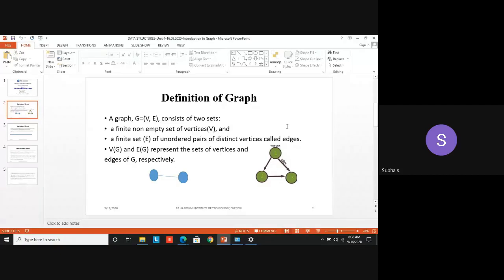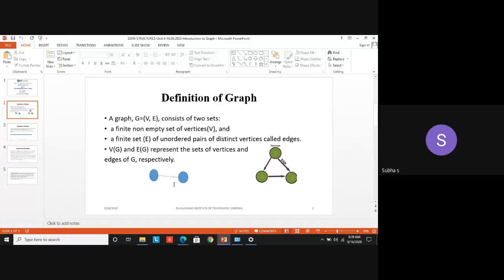I want the answer. Just we are having graph means what? We are having some nodes. And all those nodes are connected by edges. Yes, you are right. Graphical means using nodes and edges. Got it? So, this is the definition for graph. Simply a graph is nothing but it contains vertices and edges. Capital V stands for vertex. Capital E stands for edge.